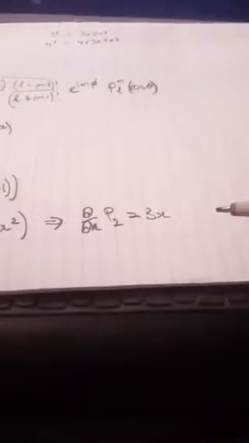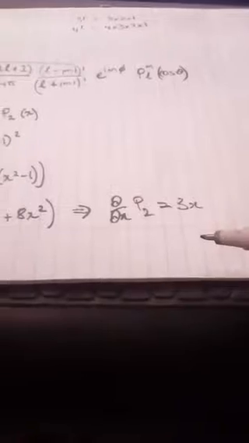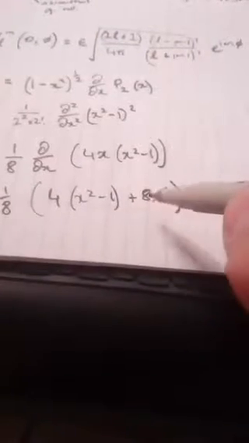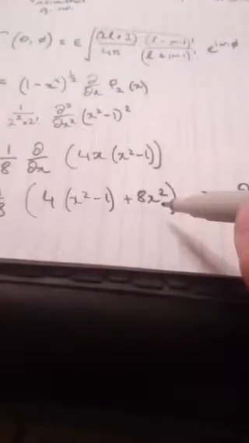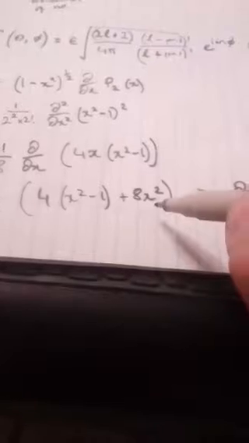All right, fingers crossed. I think I might have made a mistake somewhere. Let's just check if I made a mistake. Did I make a mistake? That is 8x plus 16x. No, I think I got it right. Yeah, I'm pretty sure I got that right. Yeah, I did get that right. So,